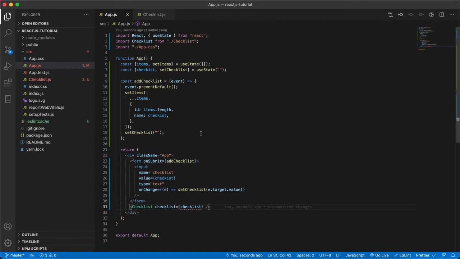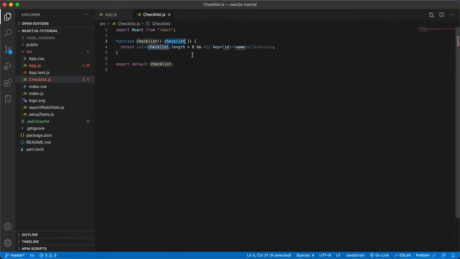Yeah, so we have added the property checklist to this particular component, and now we have to map through the checklist items which are coming, so that we can map the ID and name. So there is some issue over here. Let me try to resolve this.